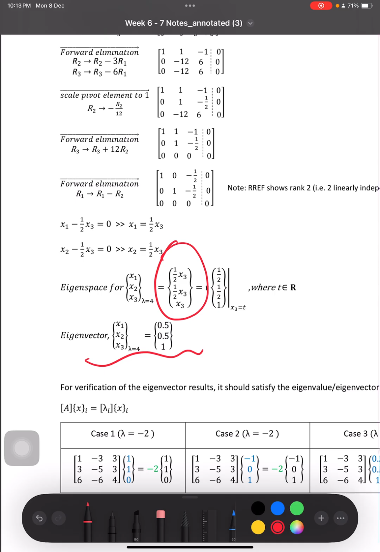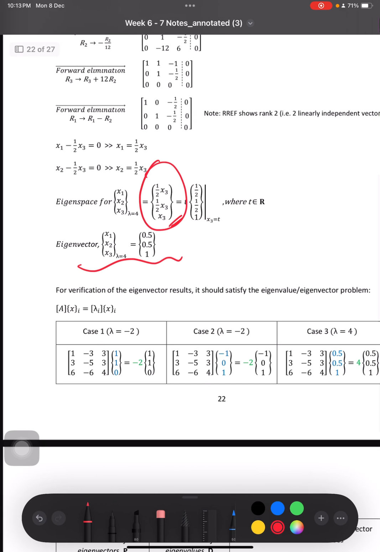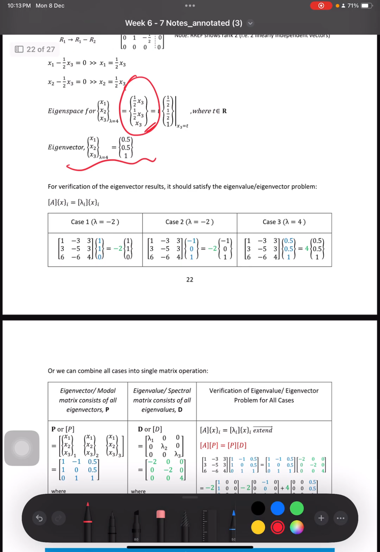So actually this is in terms of this, but you can replace the value, let's say x3 equivalent to t, and then you can replace it like this. But if you leave it like this it is also correct. So this is the final answer. It means that your solution is not unique. You have a situation where you can replace the value based on the parameter that you set,